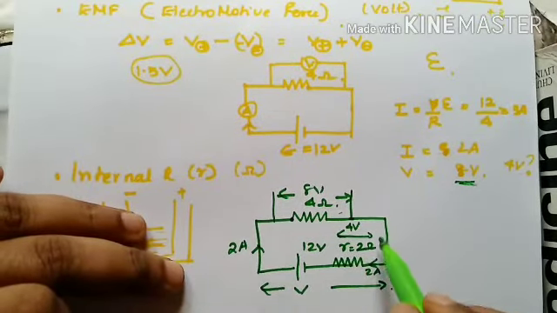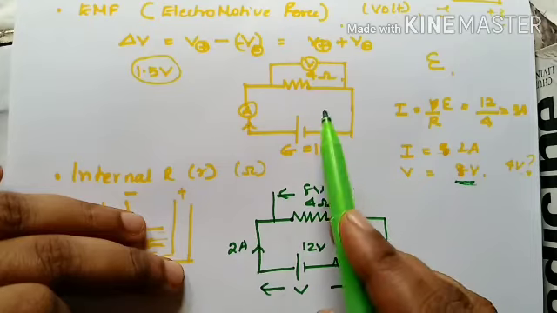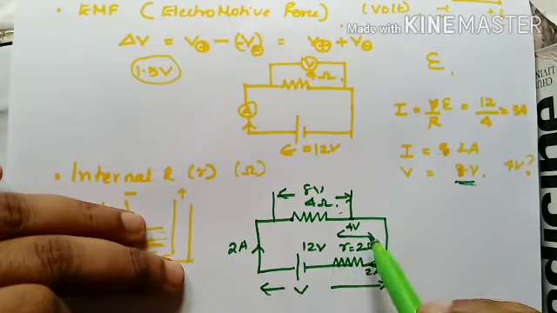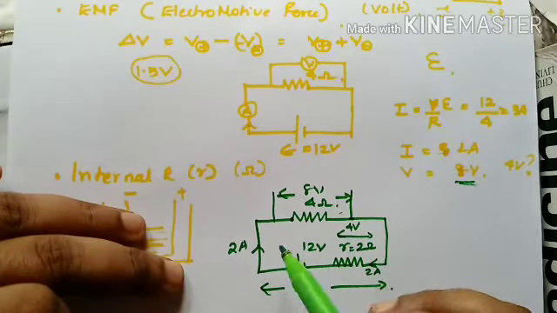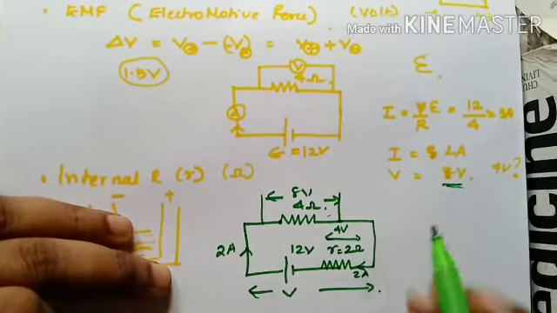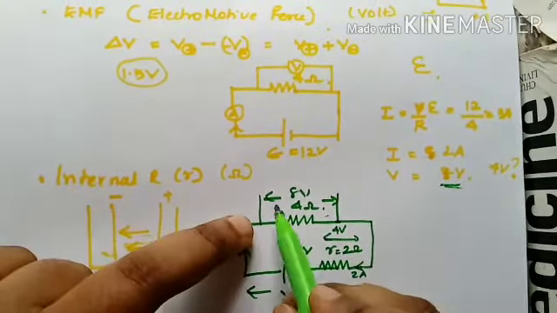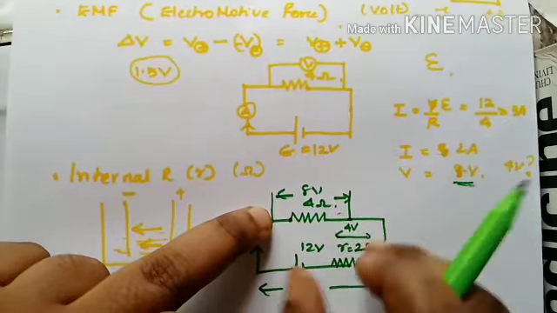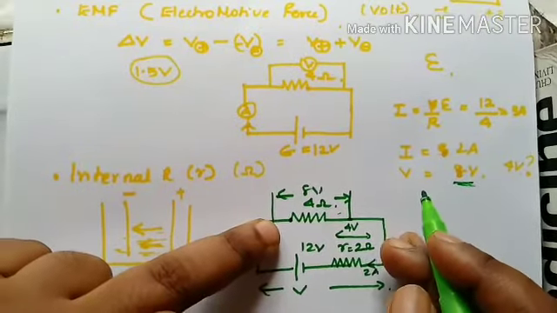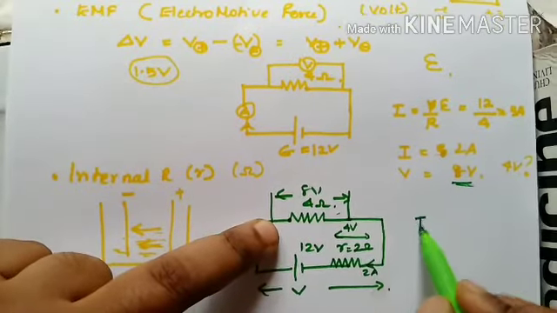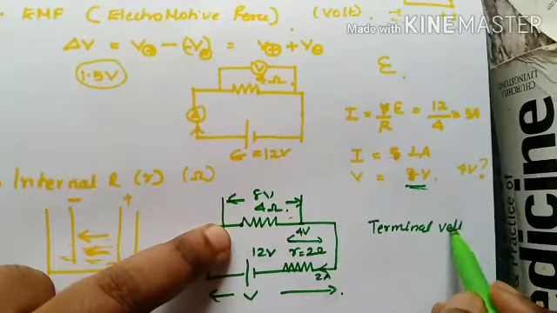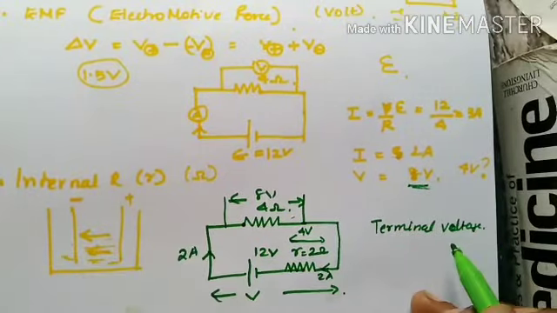See the circuit, right? This internal resistance we didn't consider earlier. So this internal resistance, say 2 ohm, is taking 4 volt of the 12 volt supply, so that only 8 volt reaches the external circuit. Clear? That means this 8 volt, which is the actual voltage received by the external circuit, is known as your terminal voltage. These are all important terms, okay? Terminal voltage, and the unit obviously will be volt itself.